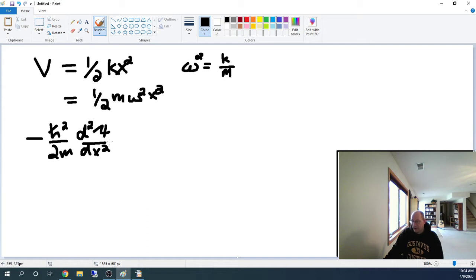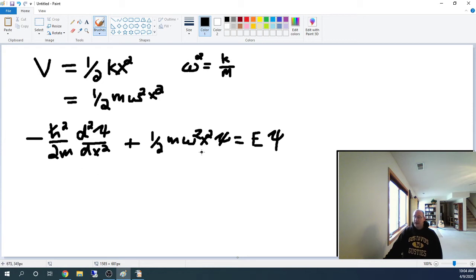So there's the standard part, the second derivative, and then you add the potential times the wave function, so that's adding 1/2 m omega squared x squared times psi, and that's supposed to be equal to the energy associated with the particle times psi as well. That's the general harmonic oscillator version of the Schrodinger equation, and the question then is how do we solve this? And it's not necessarily a simple